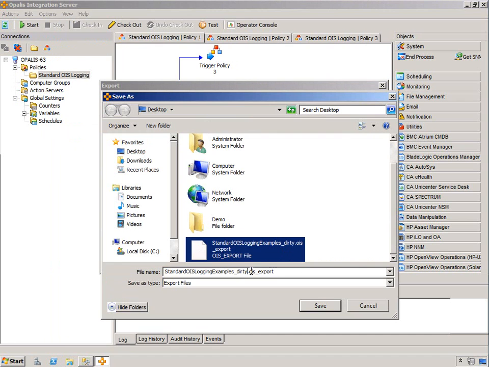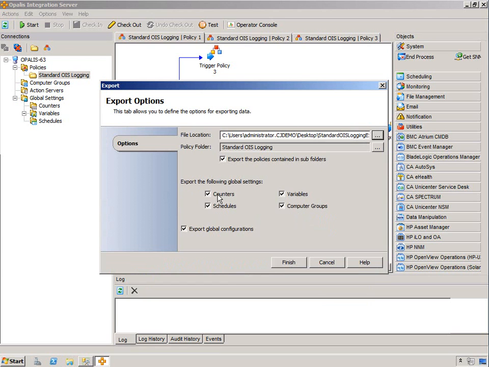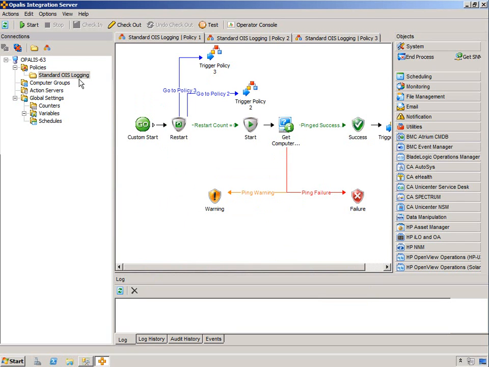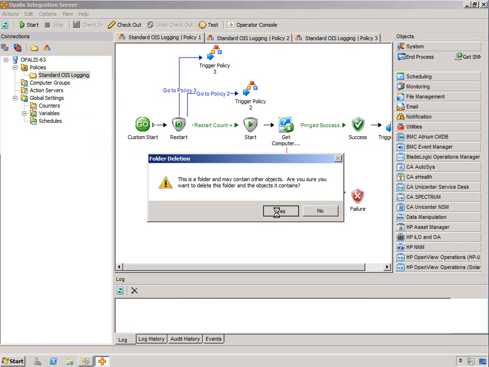And take the dirty off since it is now clean. I'll put a date on there. And I'm going to uncheck this. There's no need to have any of that. But there is nothing, so it doesn't matter. But I like to be thorough. And we're going to do export global configurations. Hit finish. Hit OK. And last thing you do before you leave is you delete